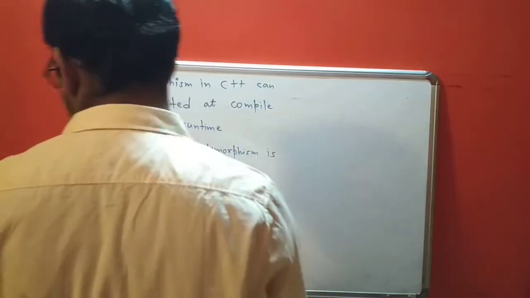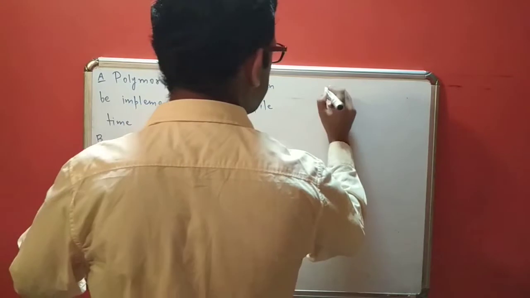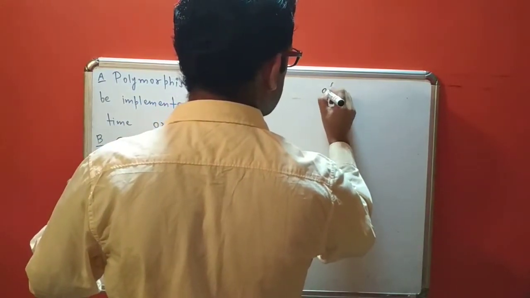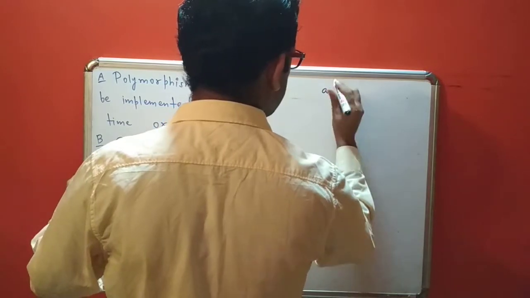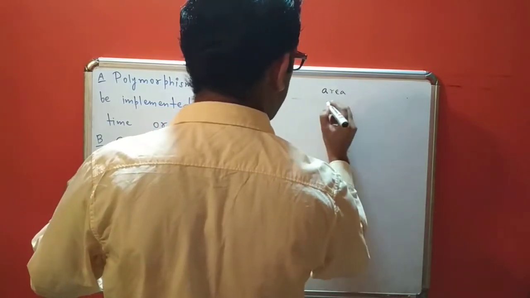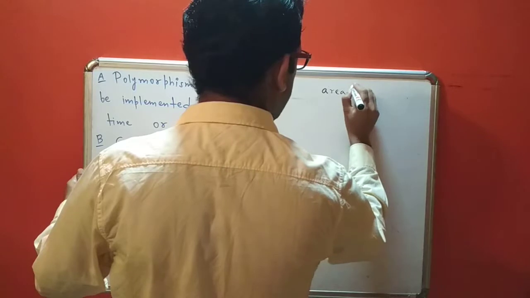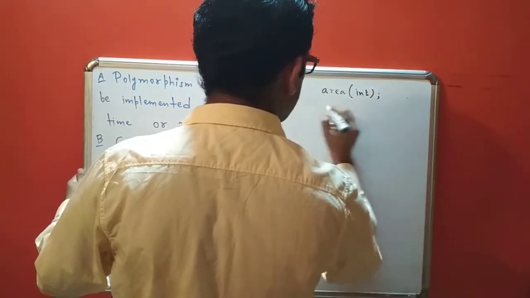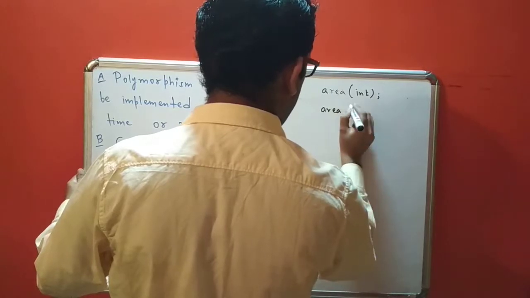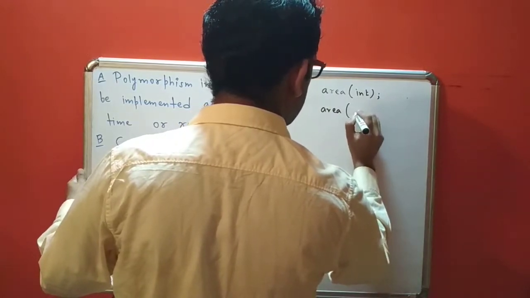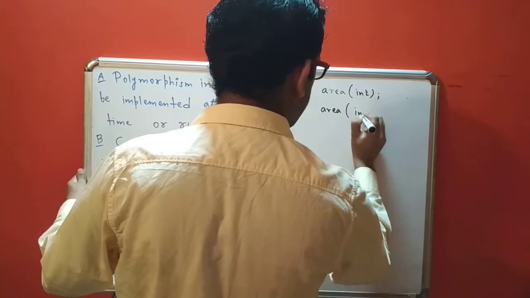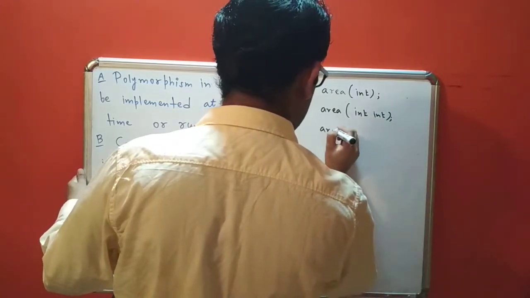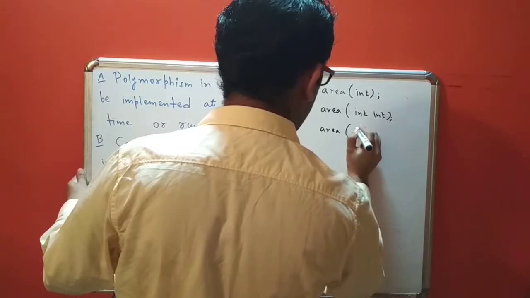So let's say I have a function by the name of area, and this function takes in one integer argument, and then I have another function area which takes in two integer arguments,